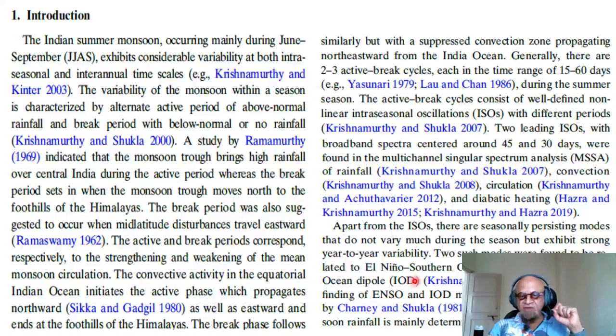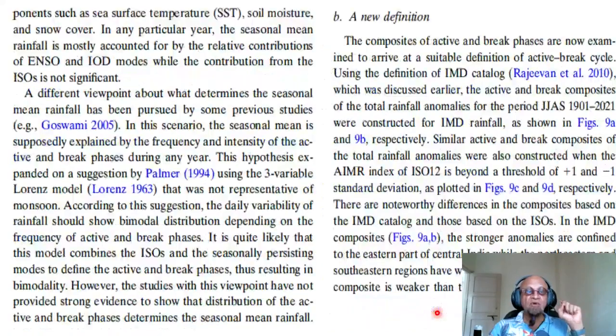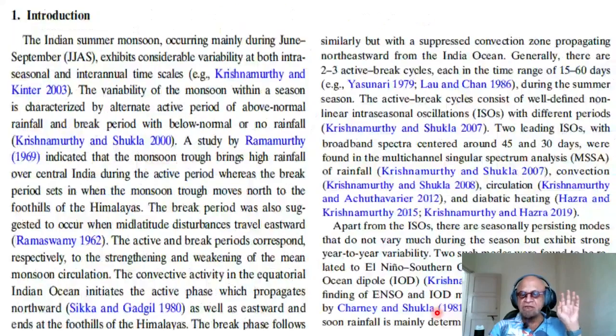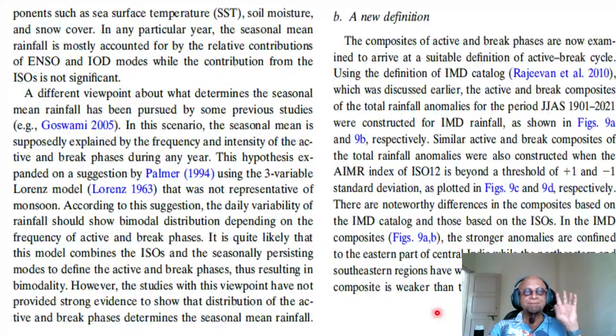2 such modes were found to be related to El Nino Southern Oscillation and Indian Ocean Dipole, again one of Krishnamurthy's previous papers. The finding of ENSO and IOD modes confirmed the hypothesis by Charney and Shukla back in 1981 that the seasonal mean monsoon rainfall is mainly determined by the slowly varying components such as sea surface temperature, soil moisture, and snow cover. So there is the important message there in the Charney Shukla paper,